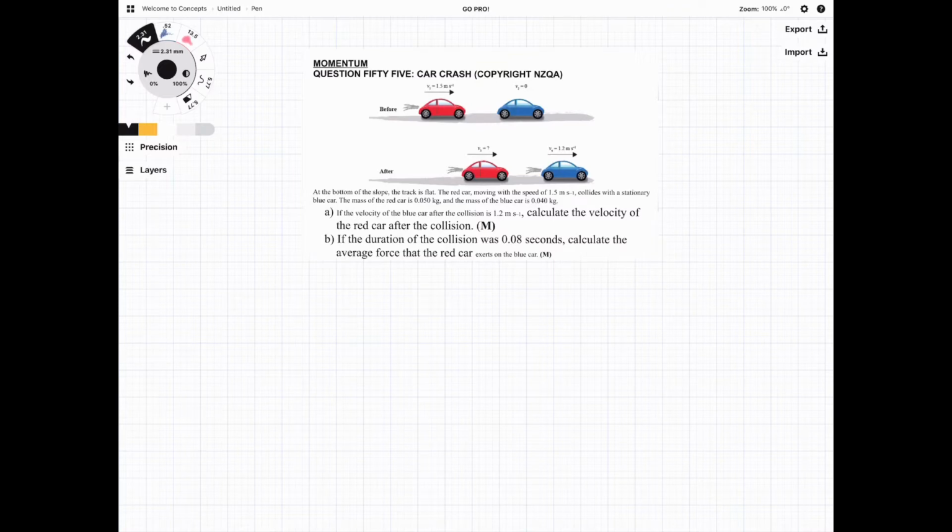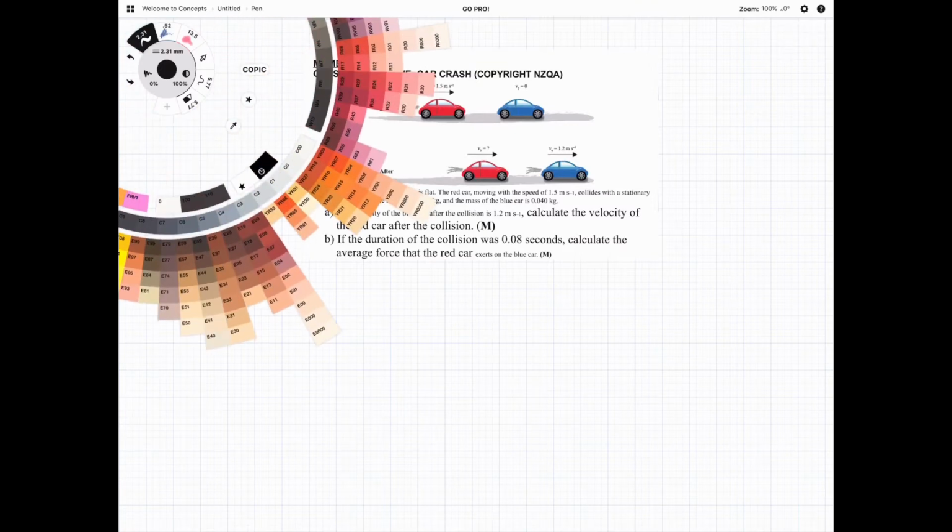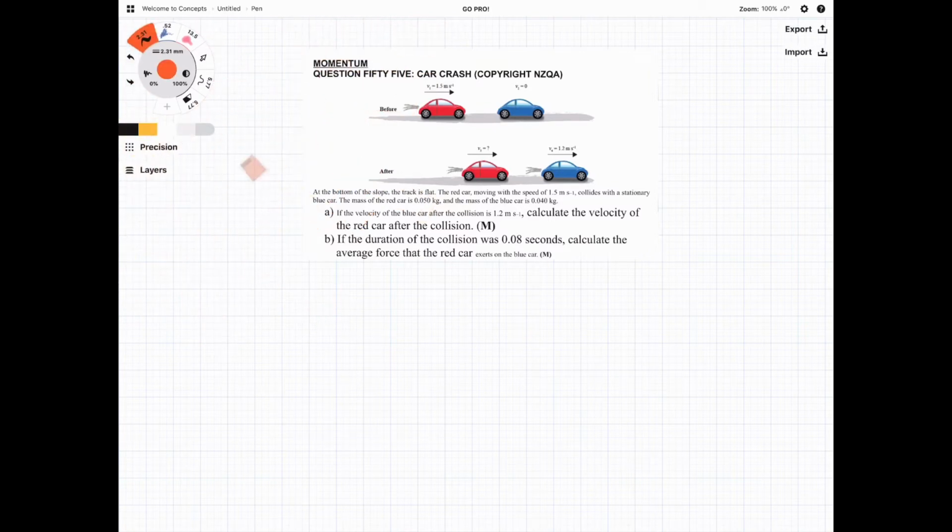All right, so they're going to bump into each other, and we've got some information already. We know the mass of each car. Our red car has 0.05 kgs of mass, and our blue car has 0.04 kgs of mass. So let's just be aware of these values here. I'm not going to write them down as well because they're already given to us. We know our blue car mass is 0.04 and our red car mass is